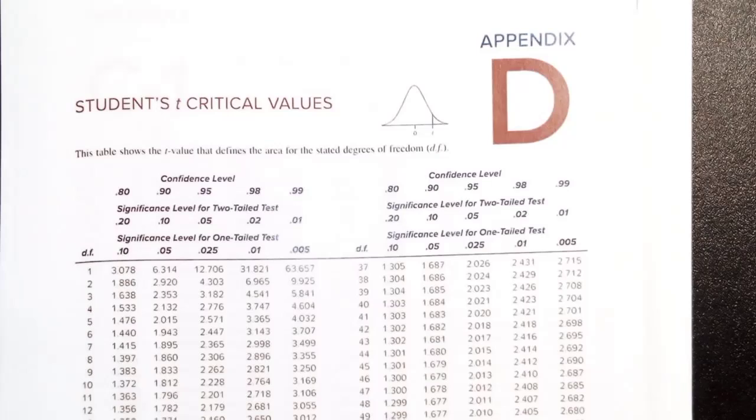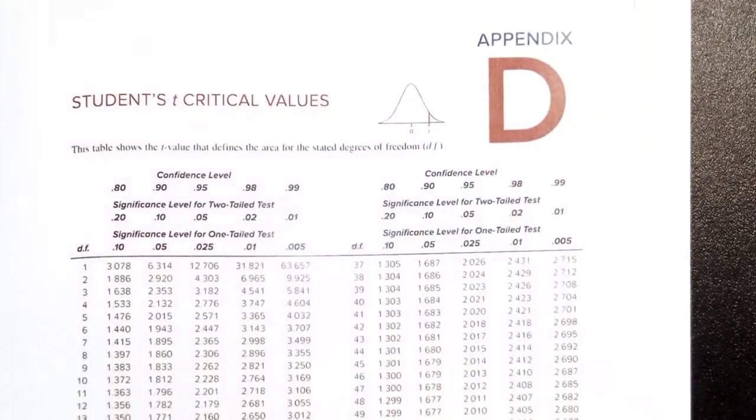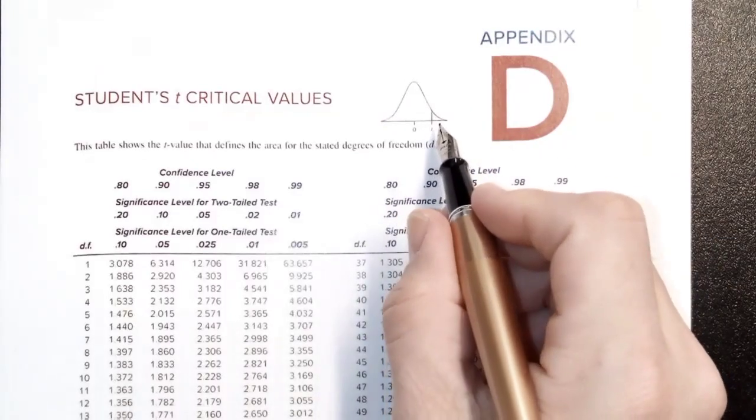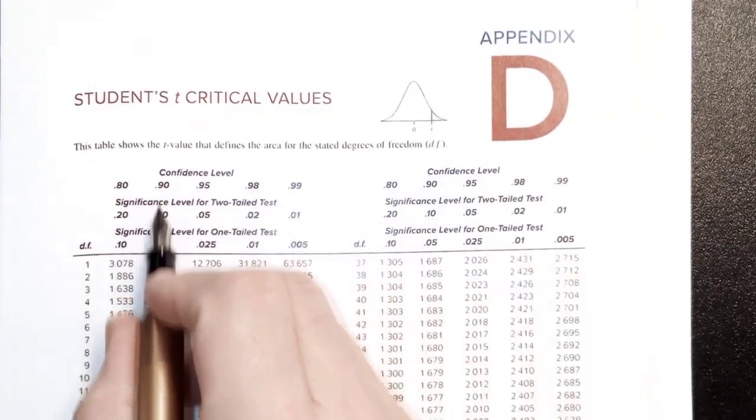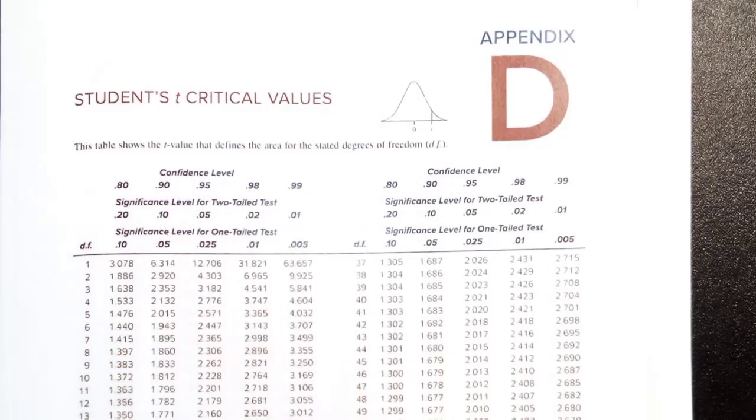And what this table gives me is the right end t-value for a particular area breakdown. The way this works is that I say, oh, I want a 90% confidence interval. If I want 90%, what's on the outsides? 5 and 5. This is one-sided, right? So if it's 90%, one tail is 5%, 2 tails is 10%, whether I'm looking at both ends or one